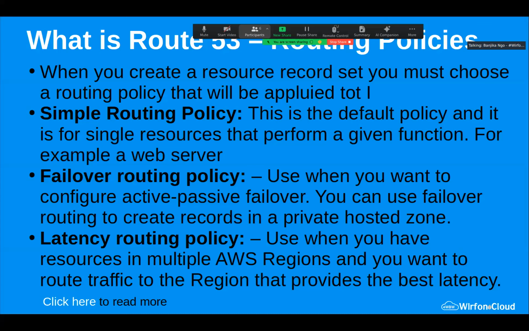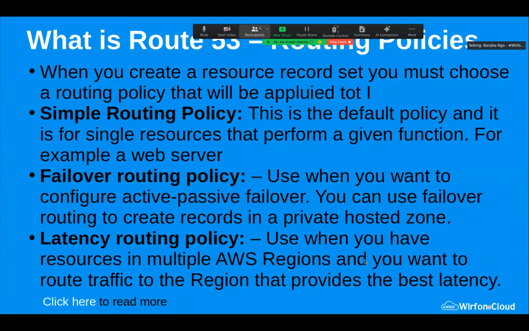You create them when you create your resource, and you must choose a routing policy that will be applied to it. So when you create a particular resource record, you will decide which routing policy to use. And from the names, you can see failover routing policy: we want to configure active-passive failover so that if the active one fails, the passive one can take